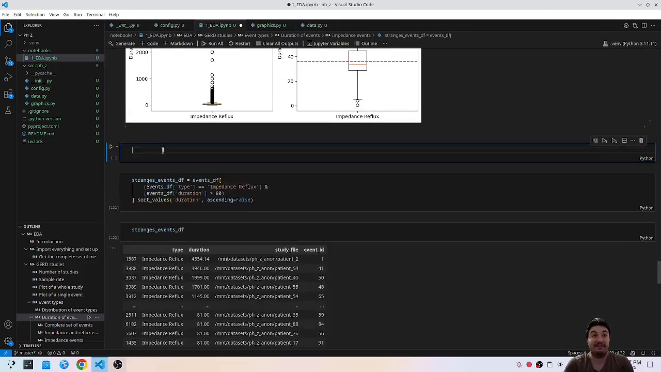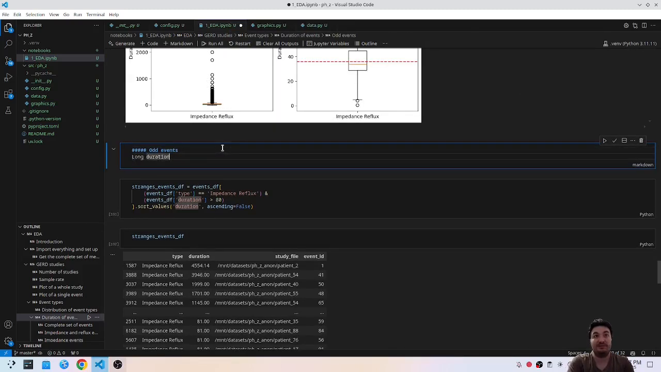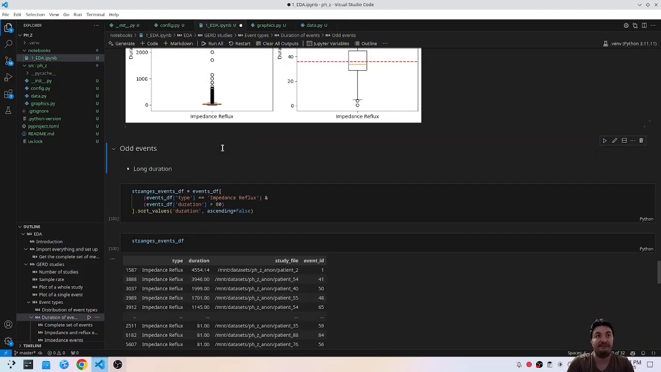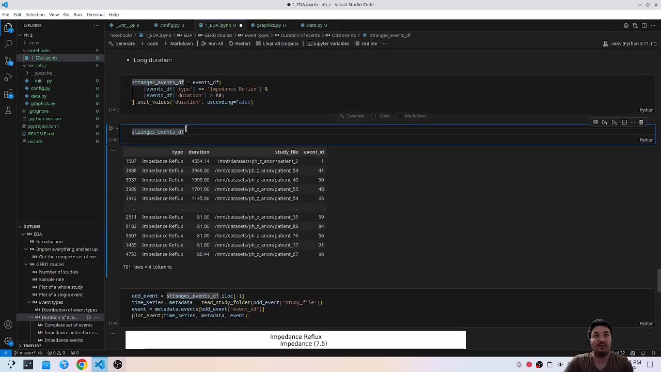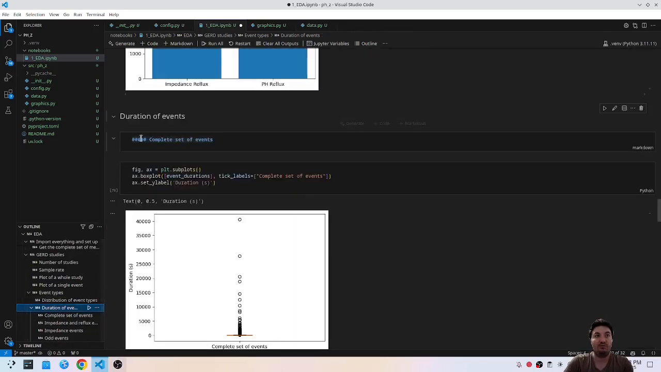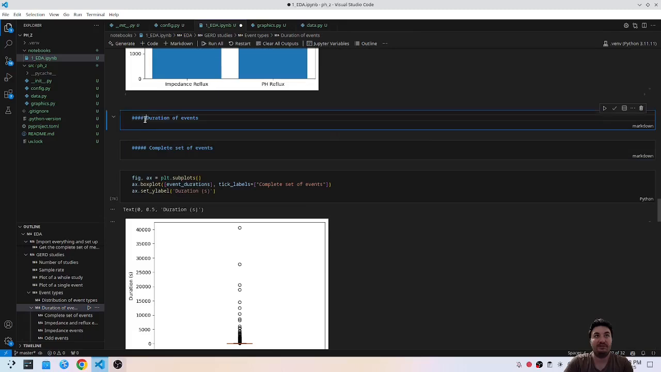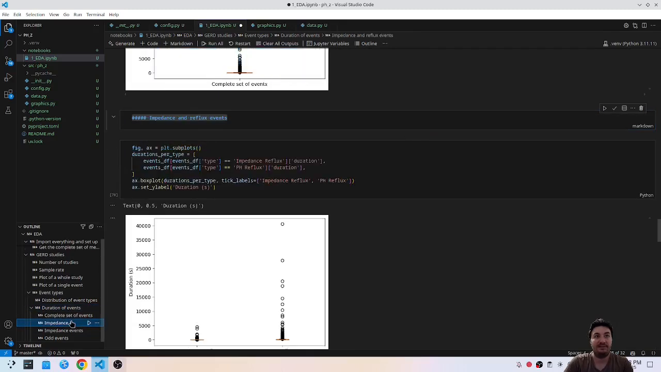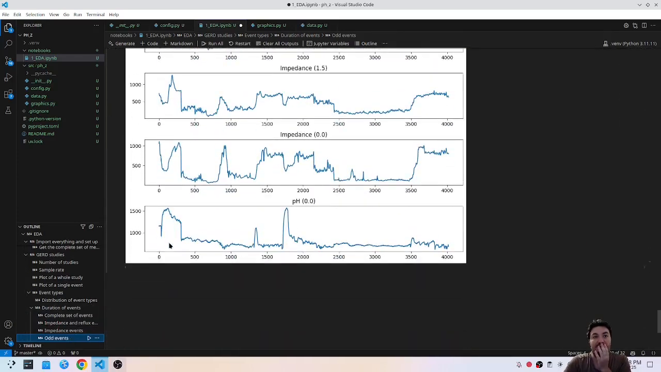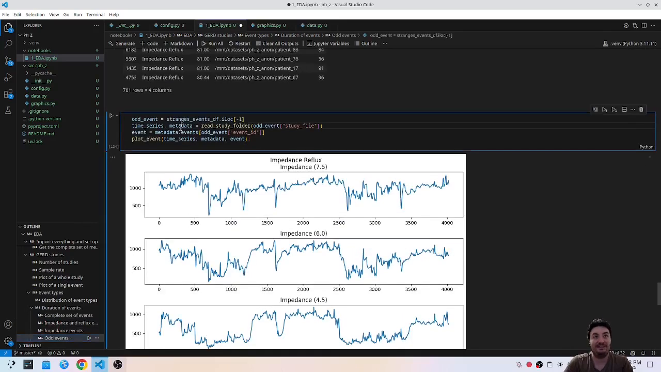We have then odd events, for example, long duration. Then we can analyze them later. We can expand this section a little bit, like this: duration of events, complexity of events. Okay, see if, until odd events, it's okay. So let's see. Maybe we can put it here